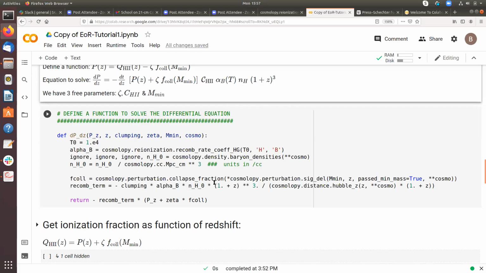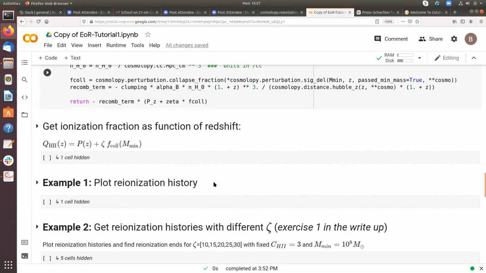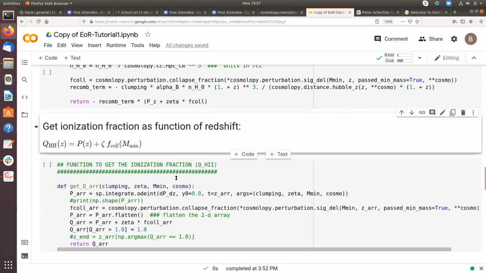Now, once we get the dp/dz, we just need to solve for the Q. And for that, I have defined another function which I call get_Q_R, and it will basically have the same parameters: the clumping factor, zeta, and m_min, and Cosmo will not change. And we have to integrate that dp/dz.